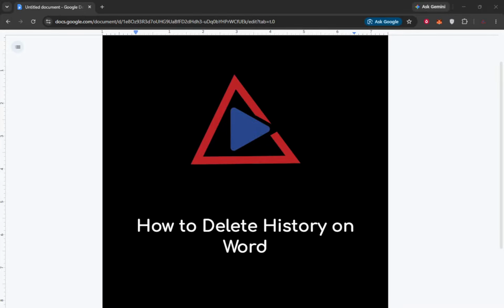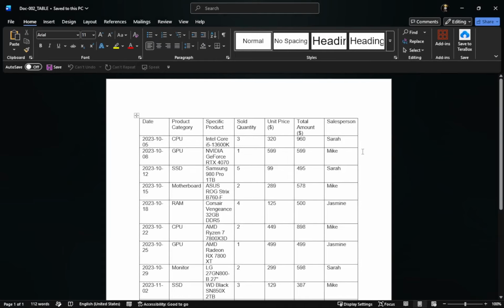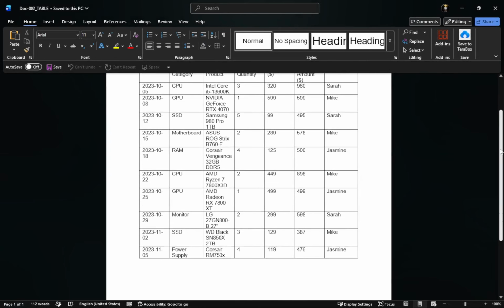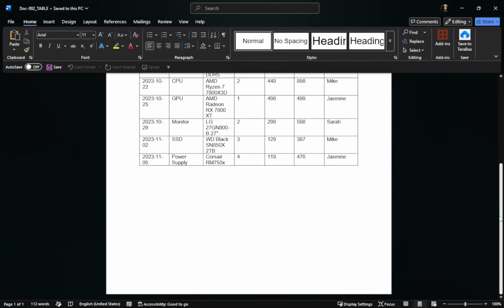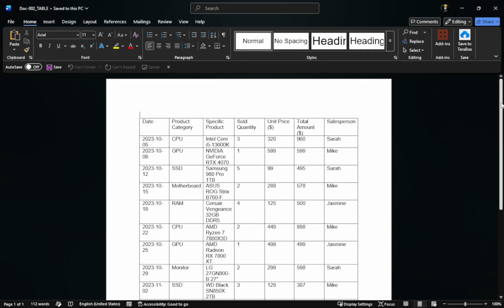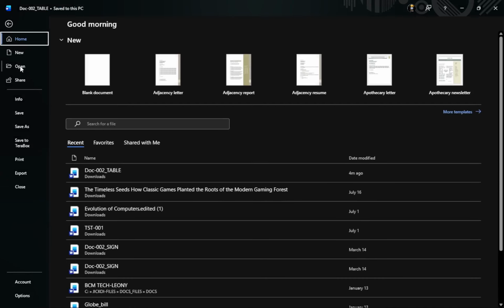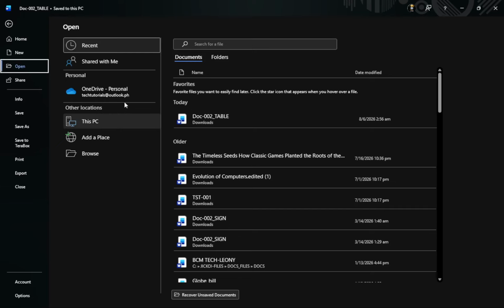If Word was already running, make sure you are on the main Word window rather than inside a dialog box. You should see either a blank document or the start screen with your recent files. Once Word is open, go to File, then Open. After you click File, the left side shows a vertical menu, and Open will be one of the options there. When you choose Open, the main area of the window changes to show locations and your recent documents.